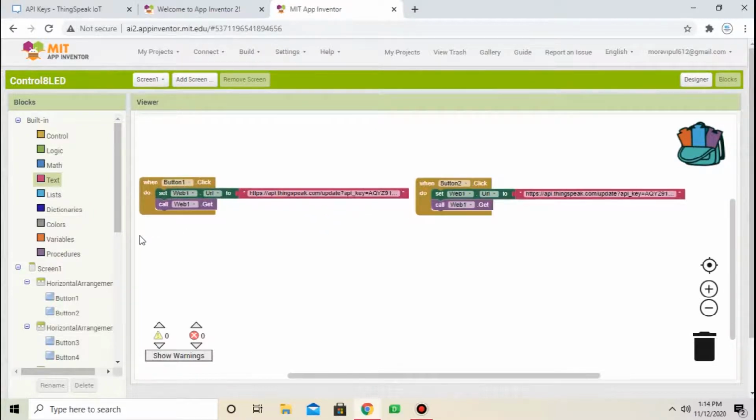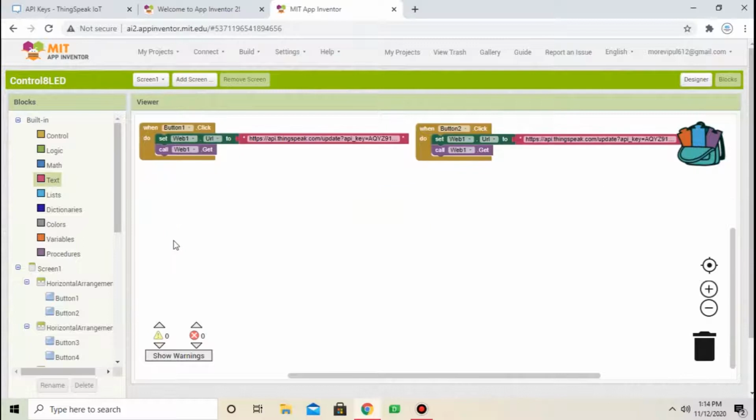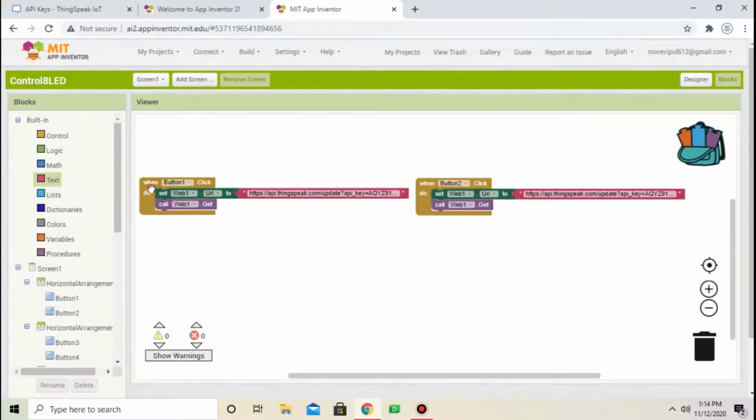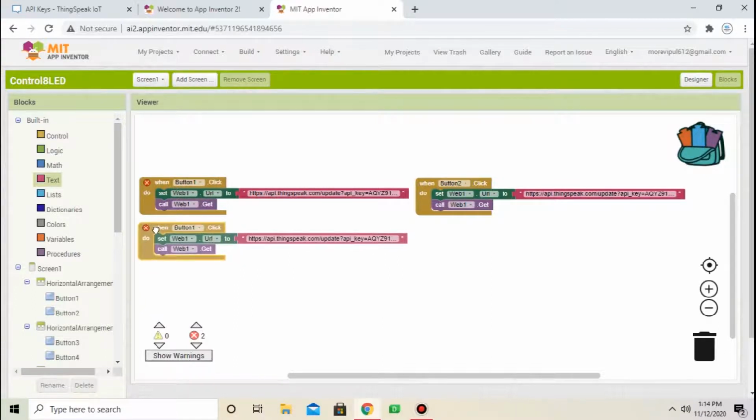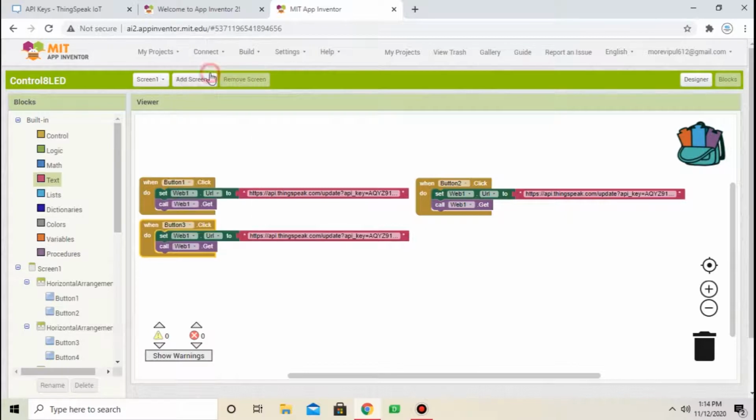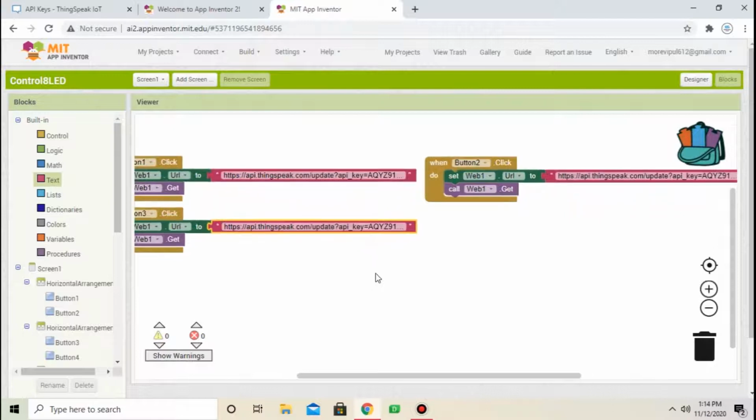Do the same procedure for button 3. Make a copy of button 1. Change button 1 to button 3. Change field 1 to field 2.